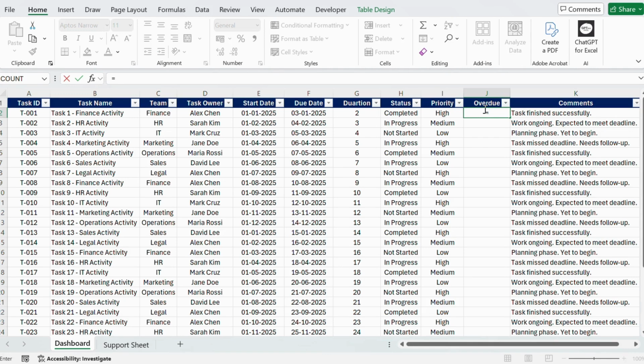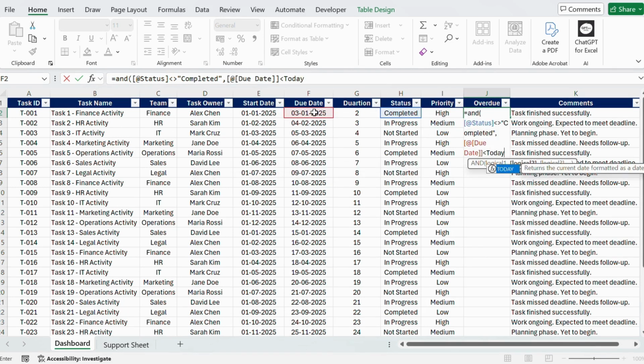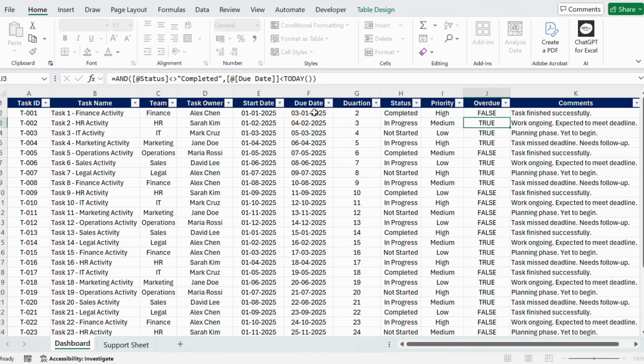For that, I'll type in the formula, and for the first logic, we'll select the status not equal to. For the not equal to, we are going to type in the less than and the greater than sign. Completed. And for the second logic, we'll select the due date less than today. By adding the TODAY function, it will change automatically when the day changes. So after typing the